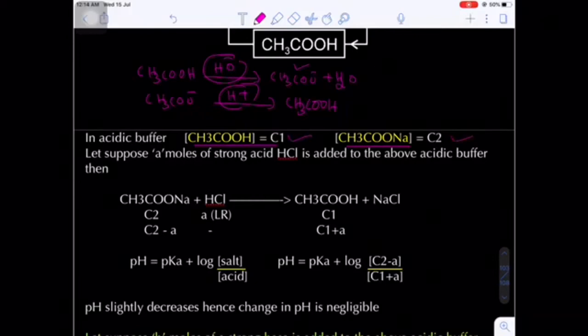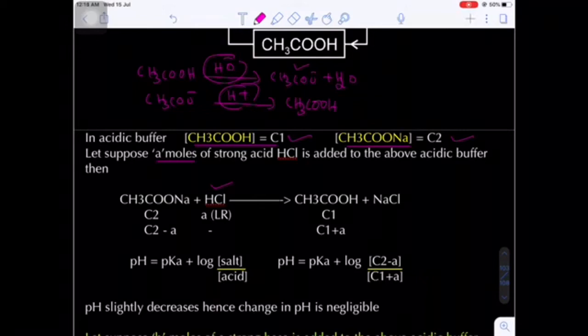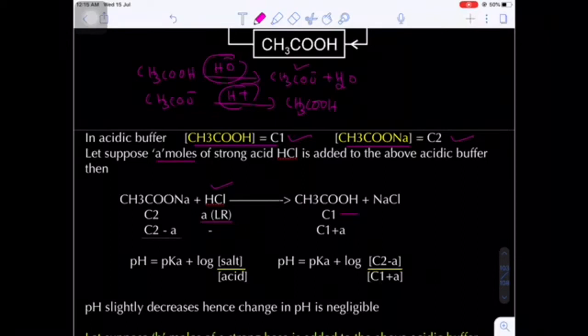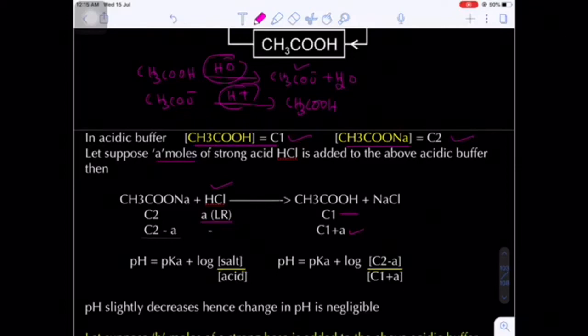Okay. Now here let's suppose acetic acid is there and sodium acetate is there. The concentrations I am taking as C1 and C2 molar. Let's suppose I am adding a small amount of hydrochloric acid. How many moles am I adding? Small moles, A. So just now I told you a strong acid decomposes the salt of a weak acid. Now here the strong acid is the limiting reagent. It is consumed. So how many moles of salt will be left? C2 minus A. And how many moles of acid will be formed? Already there are C1 moles of acid, and again a small number of moles of acid is formed because of the reaction of HCl with sodium acetate.